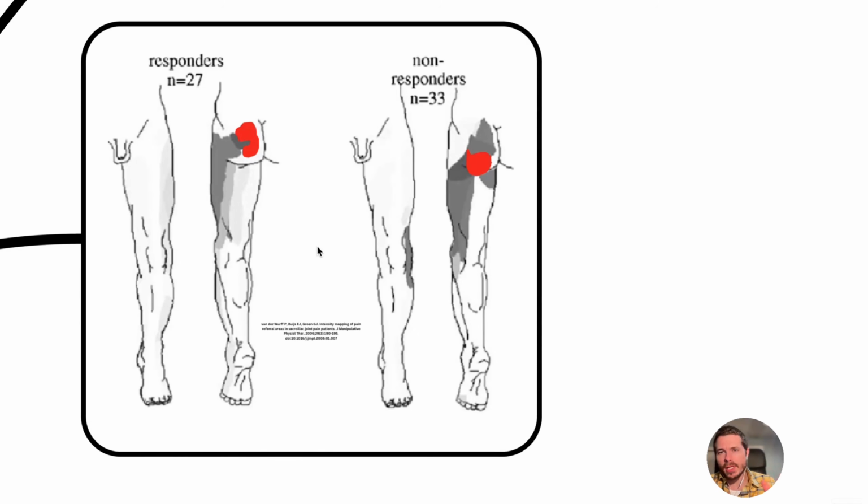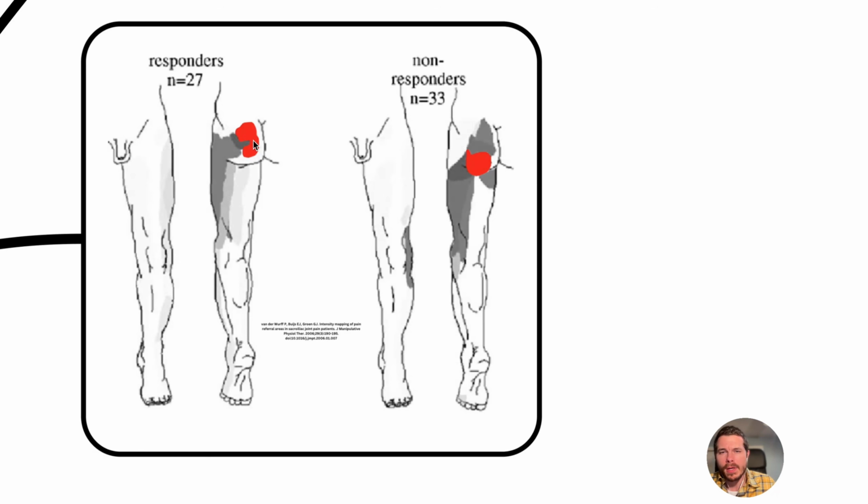Now, location, again, just as important with other issues, it's important to help diagnose SI joint pain because location alone can help predict the most likely cause. Is it an SI joint problem or not? For example, you see here responders and non-responders. This is taken from a research article that studied the impact of SI joint injections on pain relief. And what we found is that when people drew out or mapped out where their pain was located, people who responded to SI joint injections, and SI joint injection being what most would consider to be the gold standard diagnostic sort of test, these people all had pain in the buttock, right at the dimple area and then in the